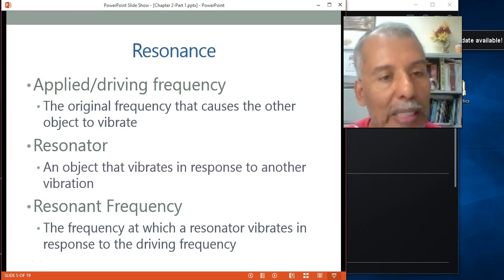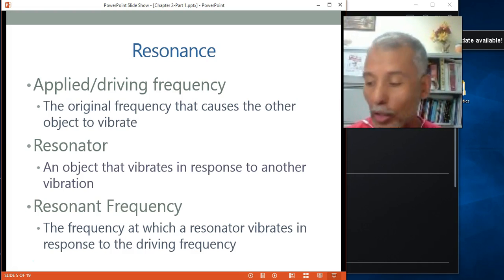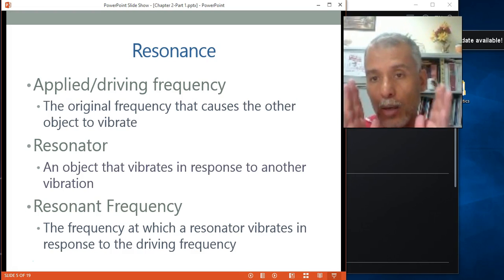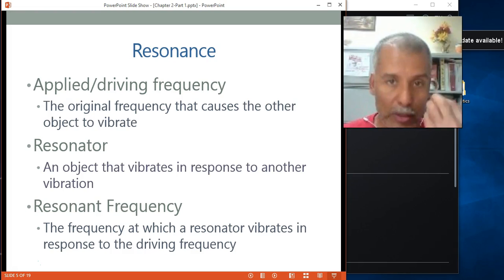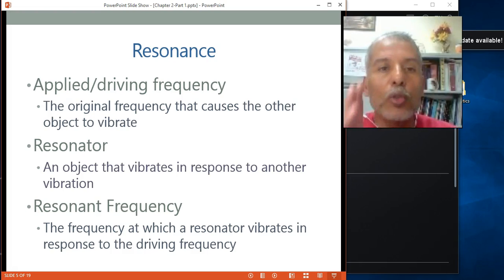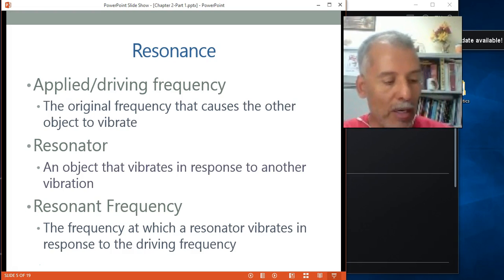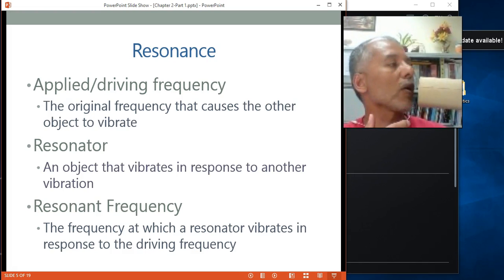Please don't make the mistake, don't confuse it with the acoustic resonator. So there are two kinds of resonators again. One is mechanical, anything like a guitar string, like a rubber band, like a tuning fork, things you can touch and feel. These are mechanical resonators. Acoustic resonators are just columns of air inside of a container. This tube has air inside of it. That is an acoustic resonator.